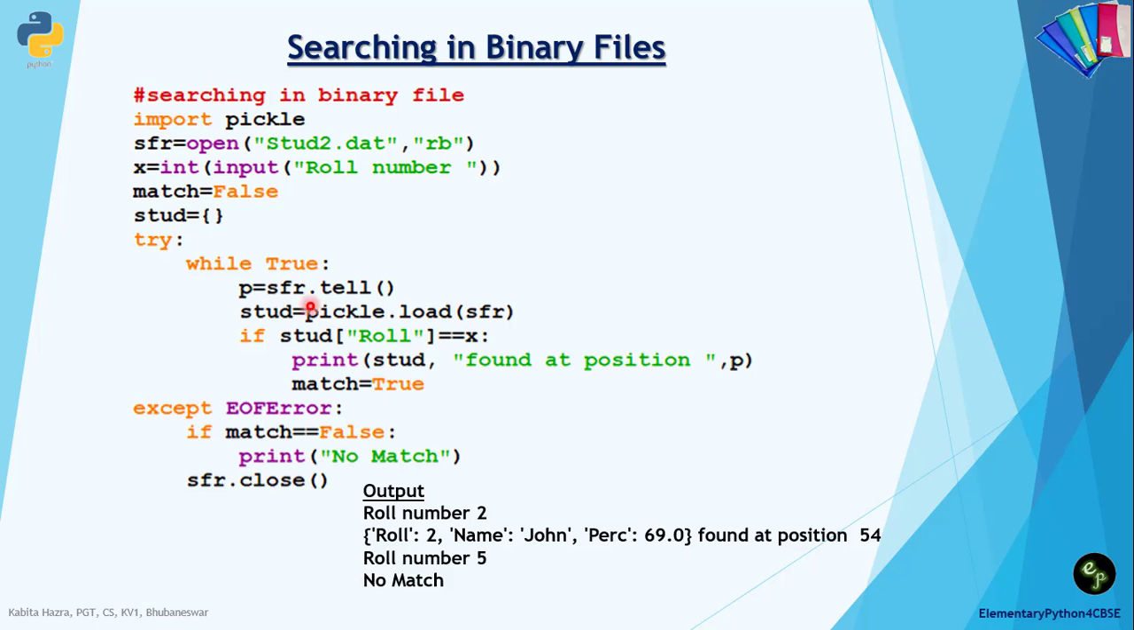It will record the position of the file pointer in a variable p. Using the load method, read the record and check whether the roll number matches the roll number that we have entered in the variable x. If a match is found, then it will display the particular record along with the position and set the match